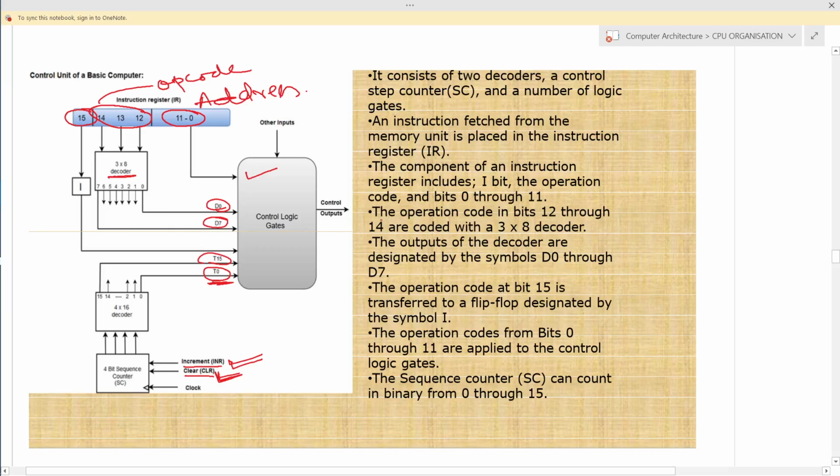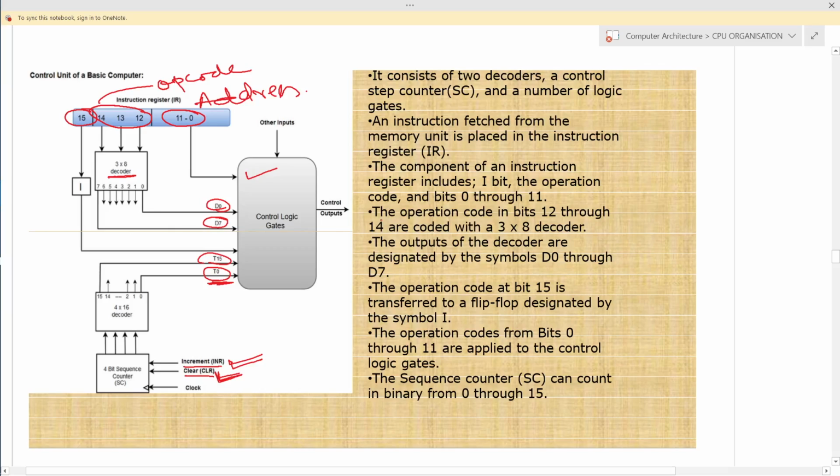This is how the hardware-based control approach works. It uses logic gates, flip-flops and combinational circuits to generate the control signals, and it is faster because the performance of these gates is very fast in comparison to other approaches. So the hardware control approach is considered one of the fastest ways to generate the control